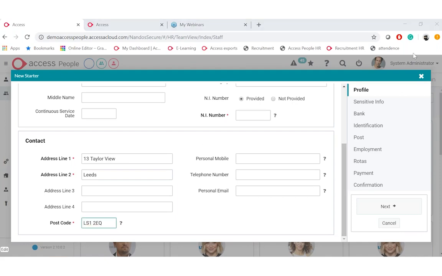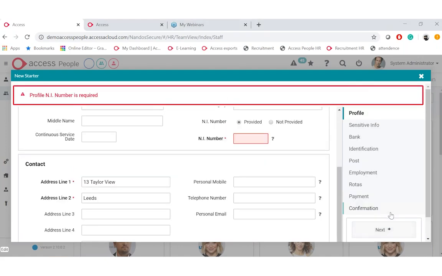Okay, so you simply put that information on. Let me just put the NI number there.